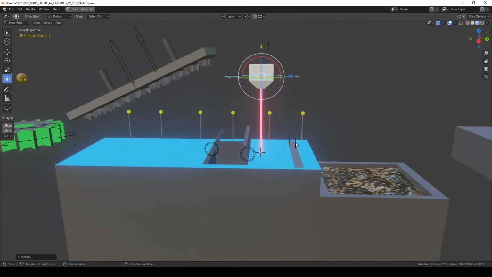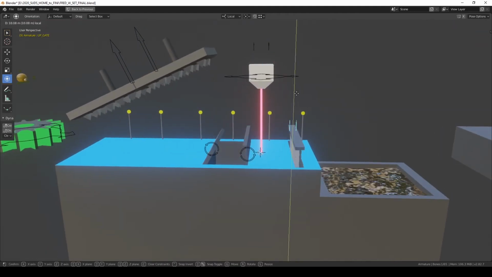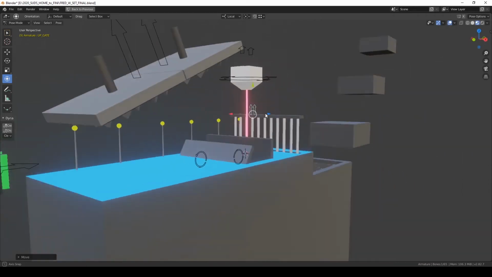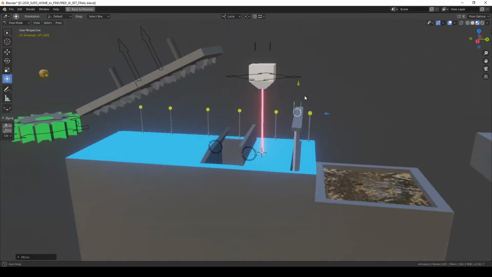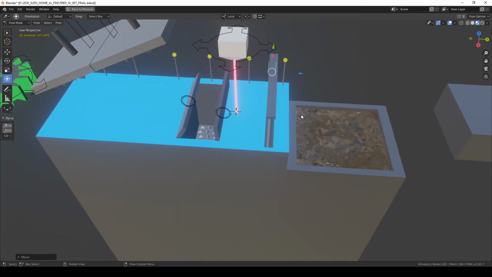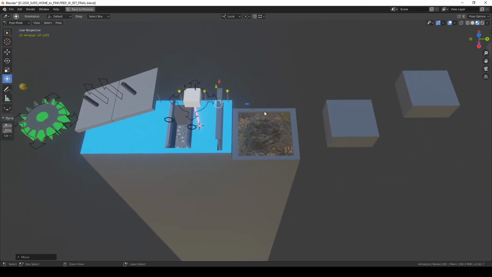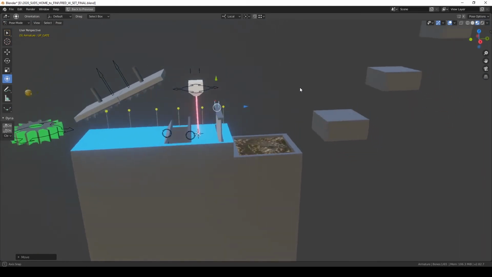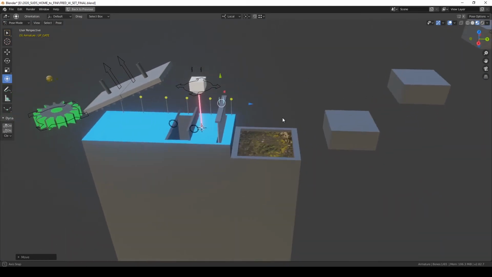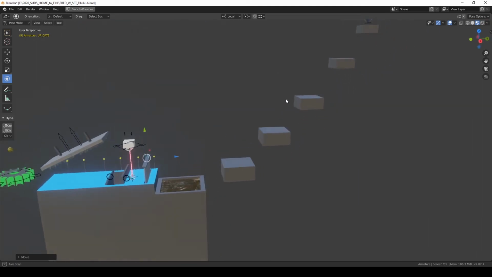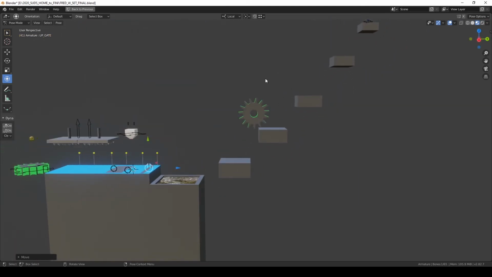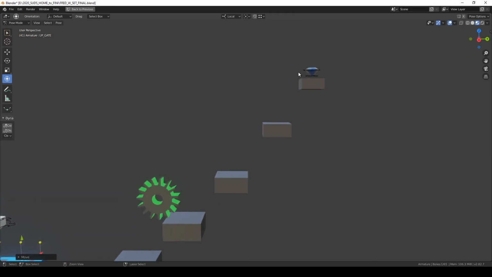After the laser, you're going to have this gate, which can open or close. So maybe, I don't know, it's some kind of obstacle to prevent Fred from rolling. After you get past the gate, you'll notice a little pit of water or lava or whatever you want to call it, acid. So there's a little pit there. Moving on, there's a series of platforms. And last but not least, at the end of your